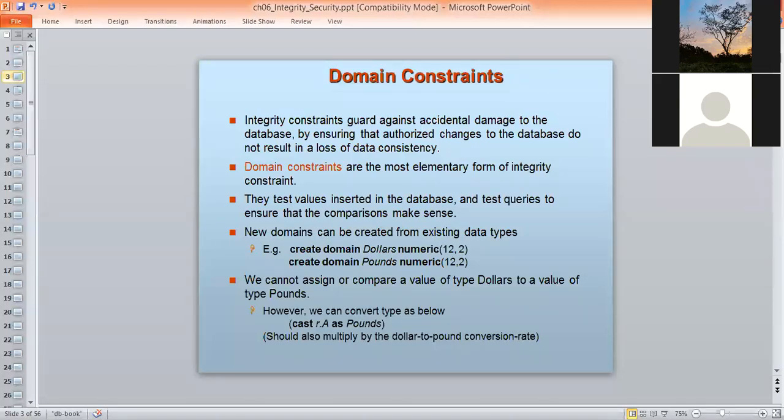We cannot assign or compare a value of type dollars to a value of type pounds because they are not compatible. However, we can convert the type as below: cast a as pounds, and we should also multiply the dollars to pounds by the conversion rate.